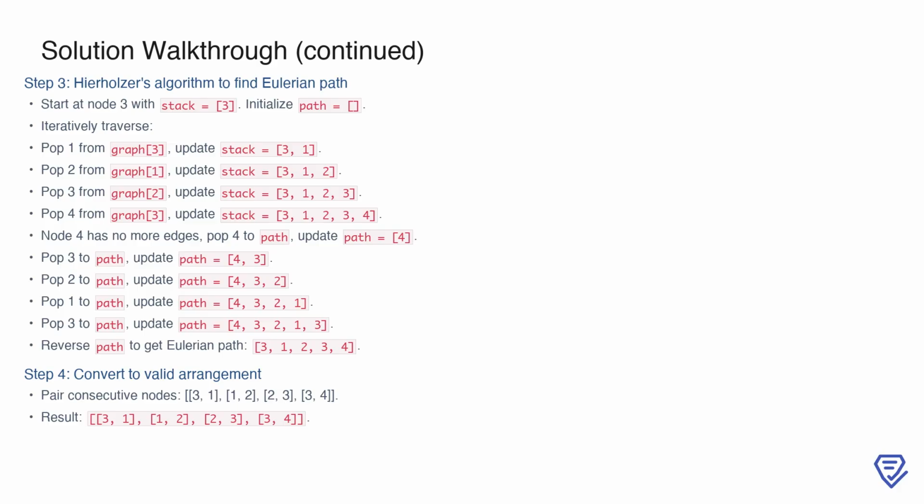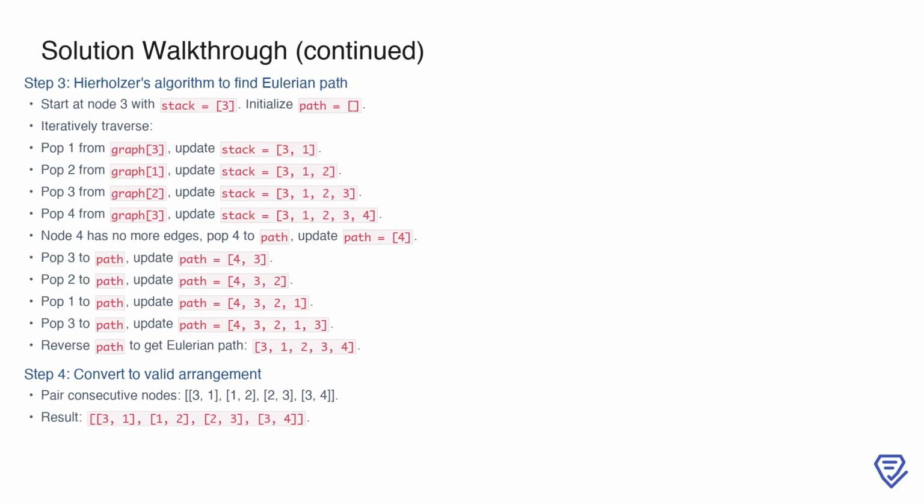From node 1, we pop 2, updating the stack to 3, 1, 2. From node 2, we pop 3, making the stack 3, 1, 2, 3. From node 3, we pop 4, updating the stack to 3, 1, 2, 3, 4. At this point, node 4 has no more edges, so we backtrack by popping 4 to the path, making it